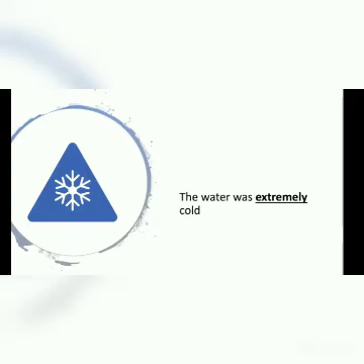It was extremely cold. So here I don't have a specific number. I don't have the water was 30 degrees or the water was minus 10 degrees. I just have a word that shows a degree. And that is why here I have the water was extremely cold, which shows the extent of the coldness of the water. All right, moving on. Adverbs of manner. Adverbs of manner help me understand how something is happening. They are usually placed either after the main verb or after the object. Let's take a closer look.